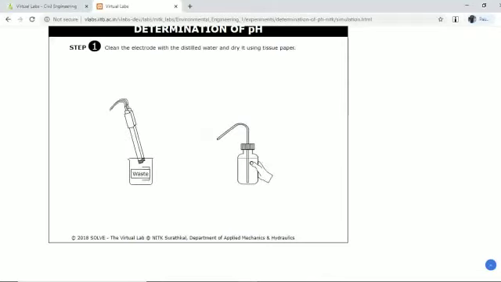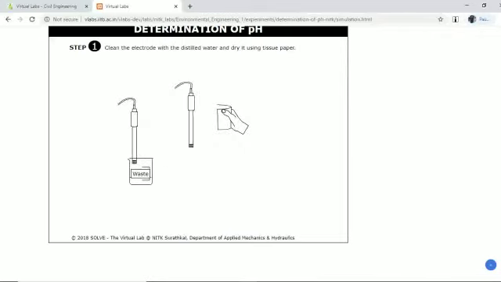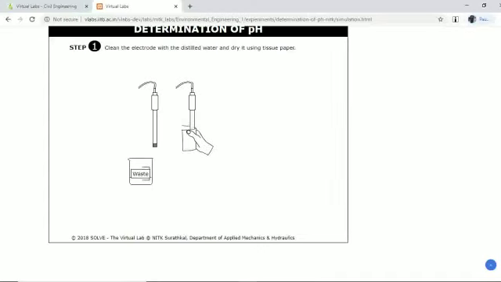Calibration of the pH meter: the first step is you have to use distilled water, fill it and wash. You have to follow the instructions given by the virtual lab.